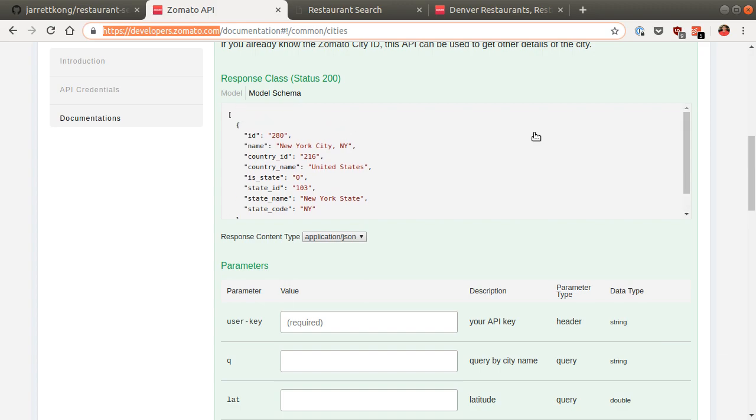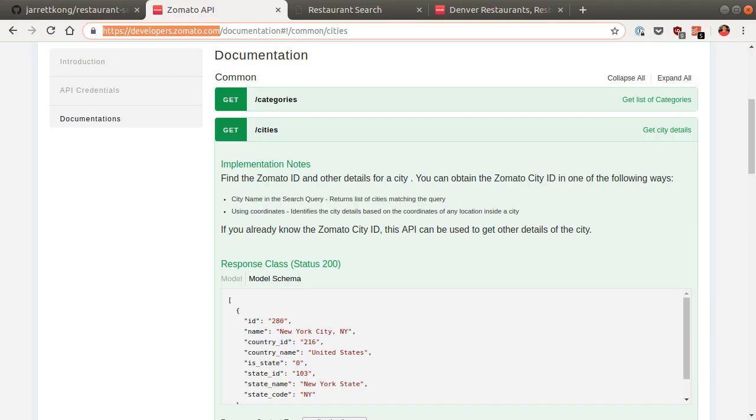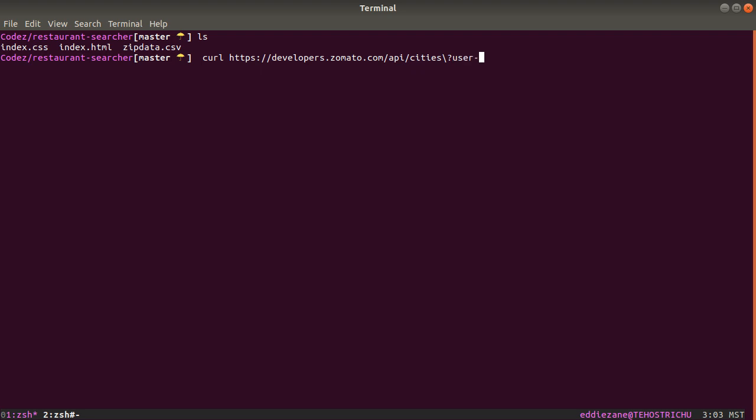And this is /cities, right? Mm-hmm. Okay, so let's say curl this /api/cities. And then we'll say, is it API key or user key? So user-key equals,